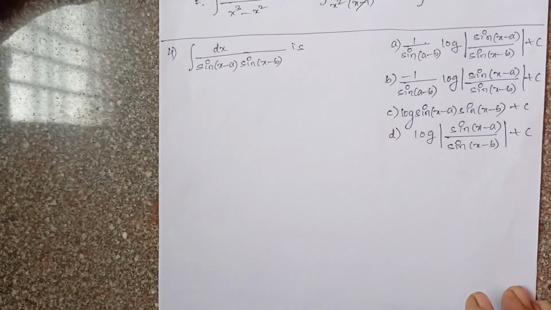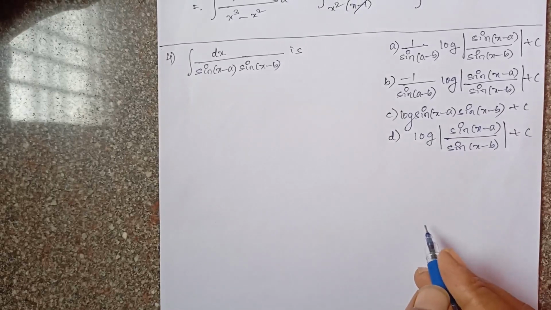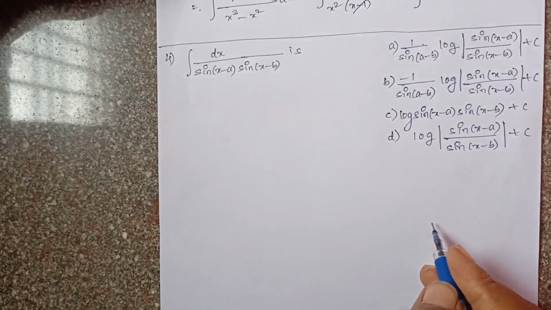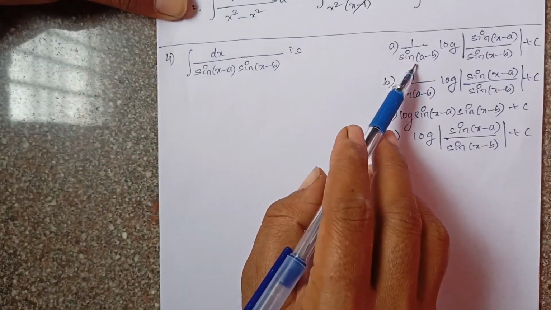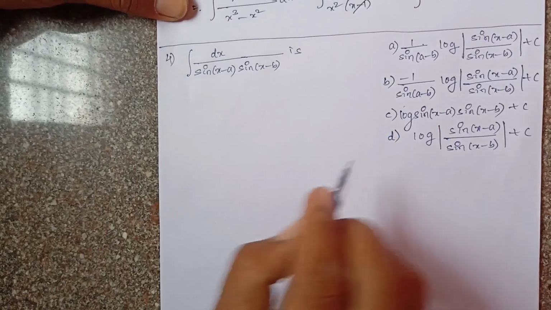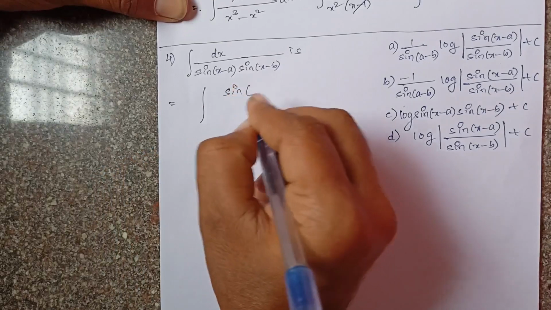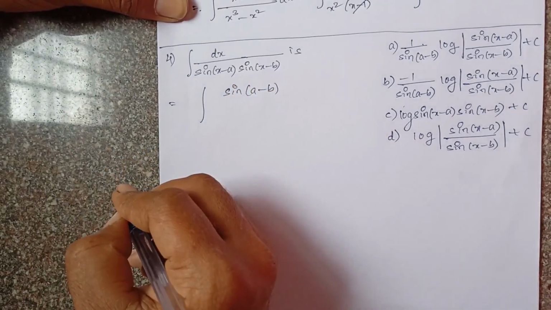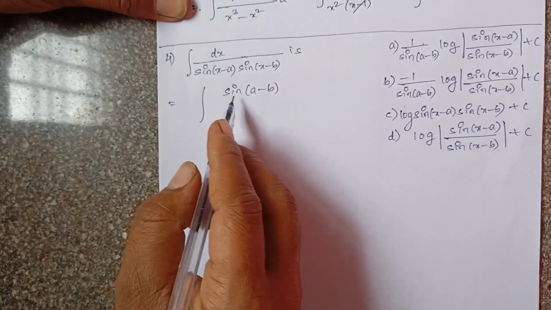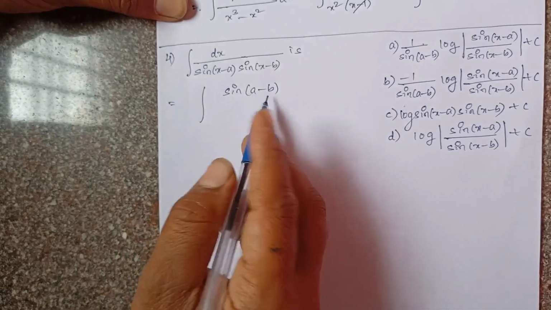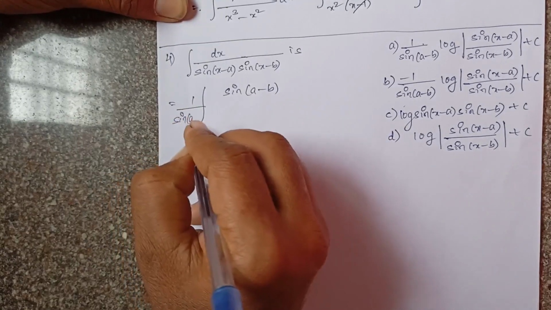Now question number 4. This question number 4 is somewhat lengthy. This question is from NCERT exemplar. In the answers you observe, sin(a - b) is there. So what you do here, let us multiply and divide by sin of (a - b) only. Sin of (a - b) is not a variable, it is a constant. A and b are constants. Sin of a constant is constant only, x is not there. So let us divide by sin of (a - b) also.